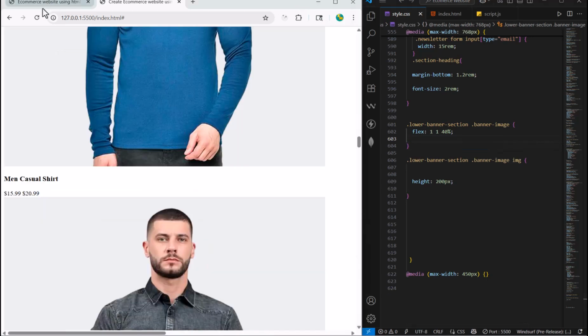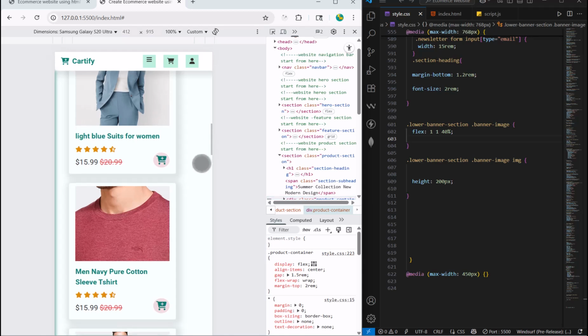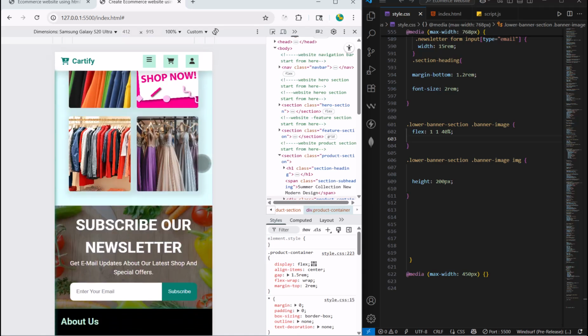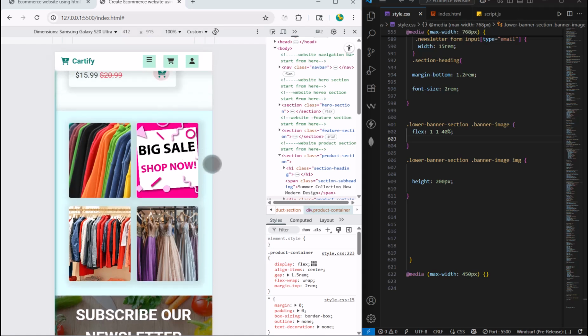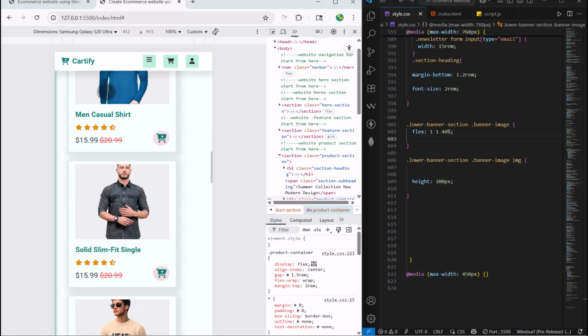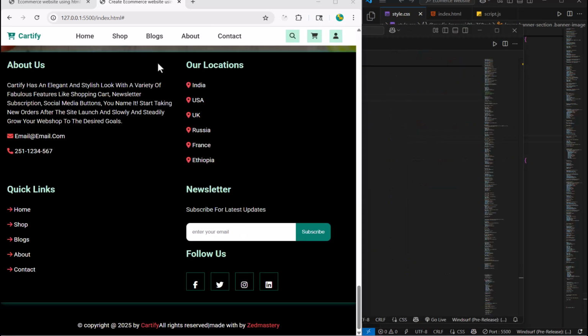and inspect again. And scroll to the bottom. Here we have a website banner section. Cool, right? Yes. All right. So now when I scroll, take a look. All right, as you can see here,